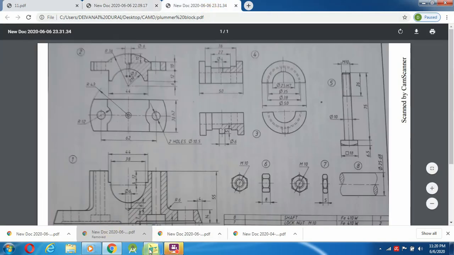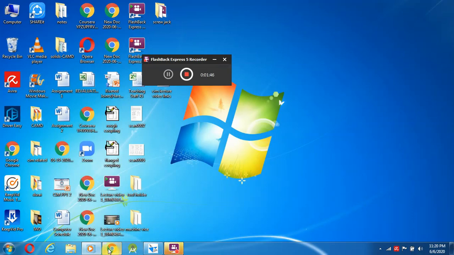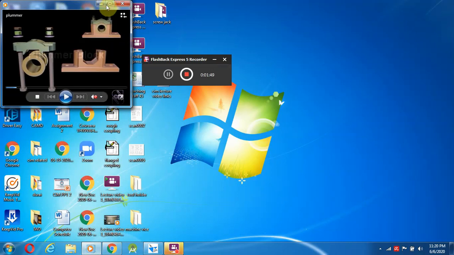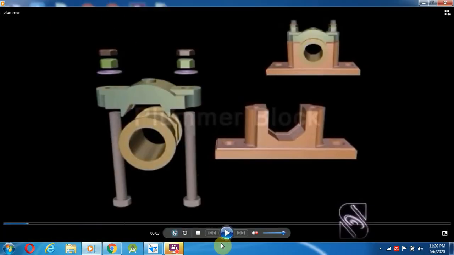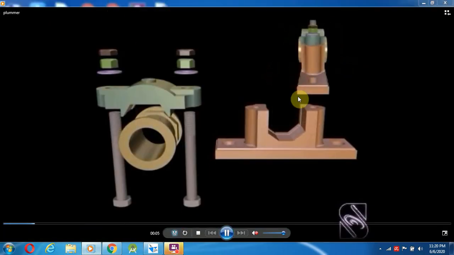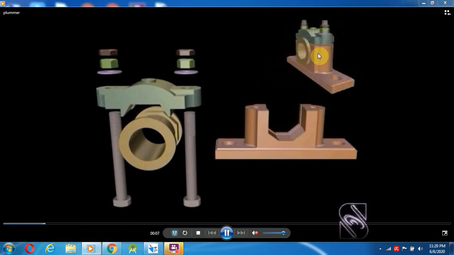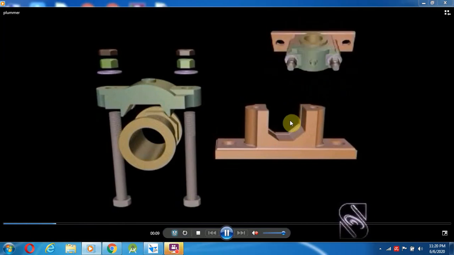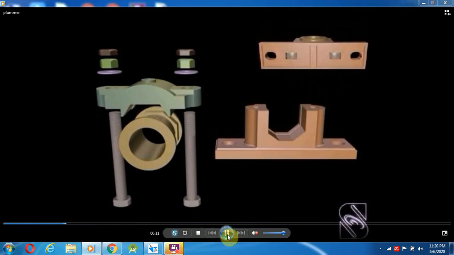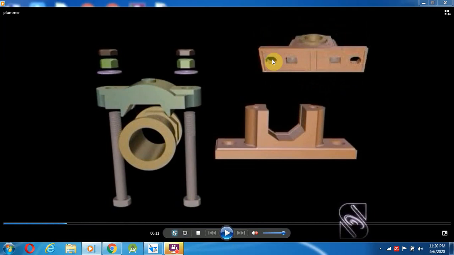before we go and draw the part, we are going to see this video of how the plumber block should be. This is the full assembled view of the plumber block. While rotating this, you can see at the bottom the small cutout has to be removed. Here there will be a square cutout, and an ellipse-shaped hole is coming over here.